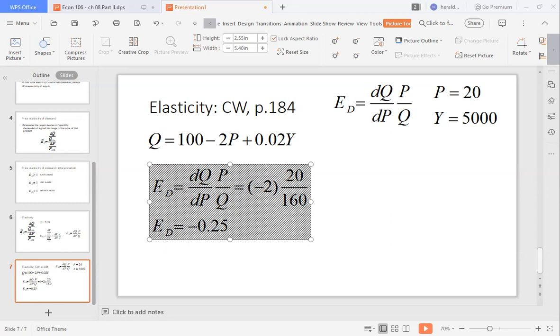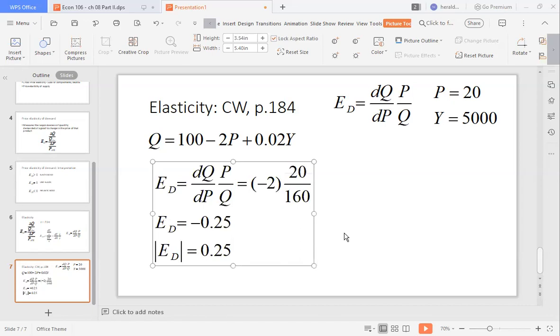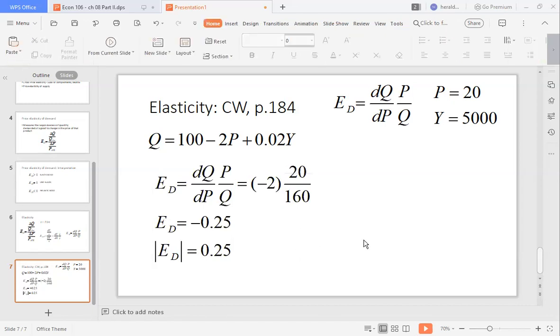So this would now be equal to 0.025. Okay, so that means that the good, or the demand here,